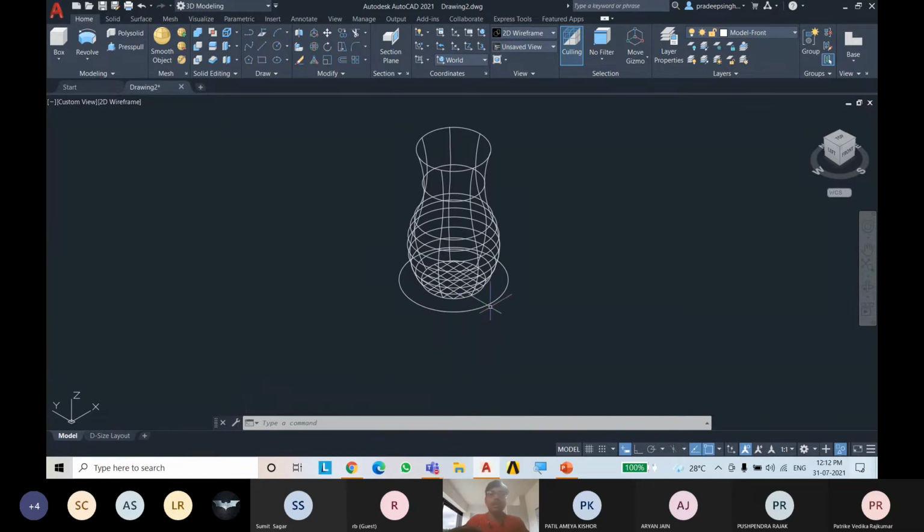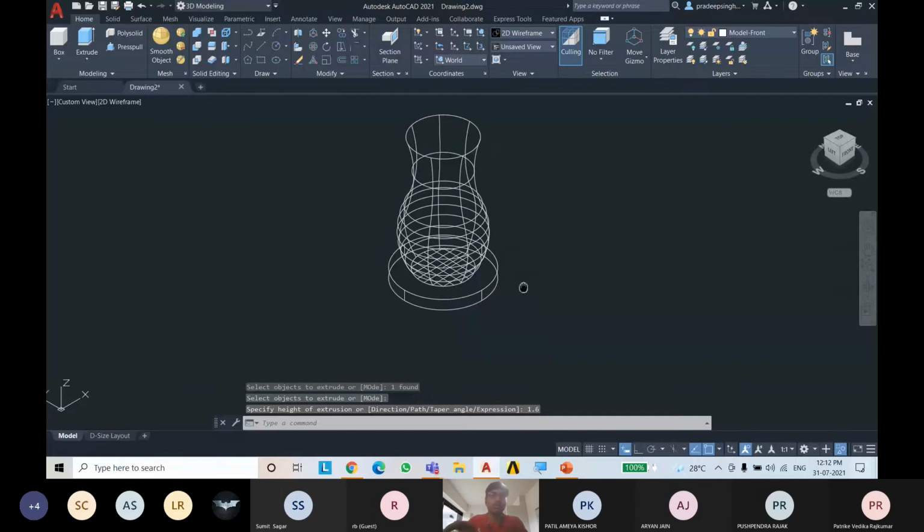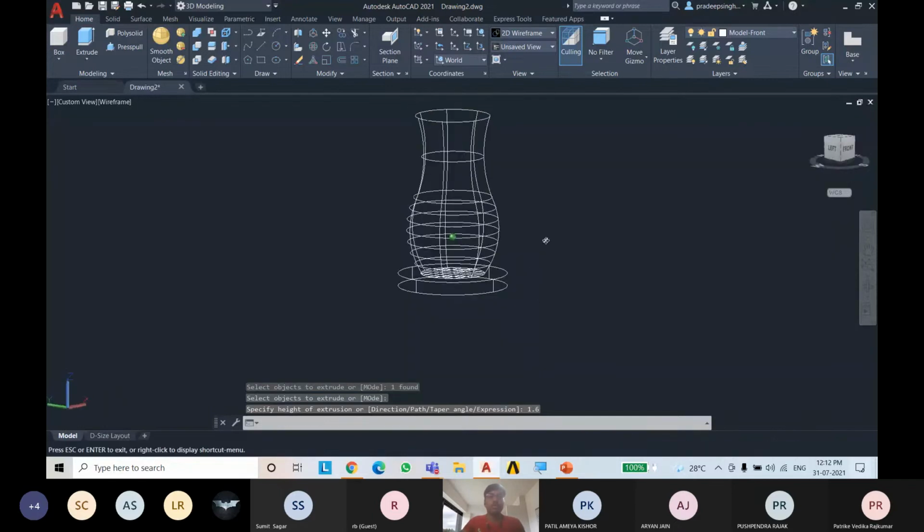To make it into 3D, we will go to the extrude command, select this, press enter. You can drag this up or down. We want this down, so drag this and type 1.6. We will take this as 1.6. So you can see that this has been made.